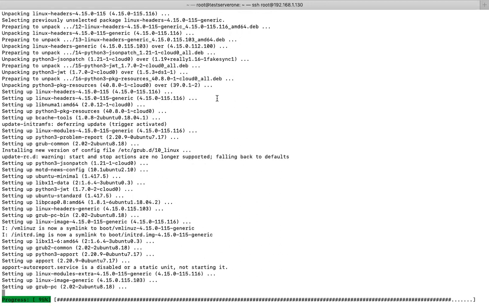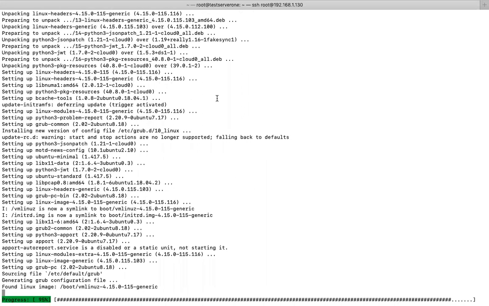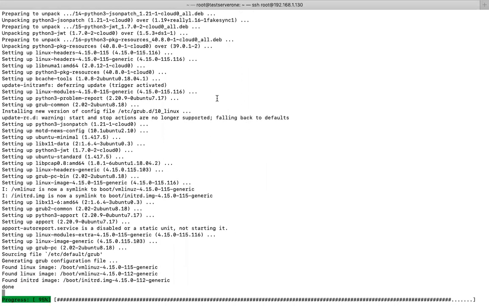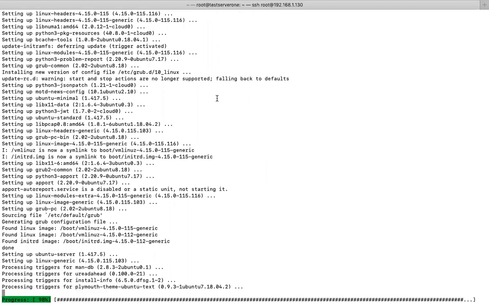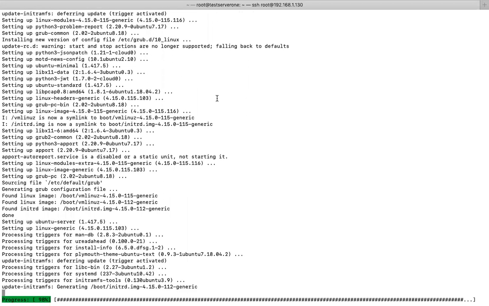Is there any requirement for RAM, like should be 16 GB RAM? 4 GB is enough, more than enough for an OpenStack VM, because you're installing only one component. That component doesn't need a large amount of RAM. When you keep on increasing the services and installing more components, then to run these many applications it automatically needs more RAM. So right now it's okay. 4 GB is more than enough for us.